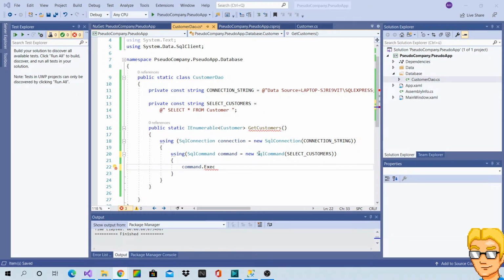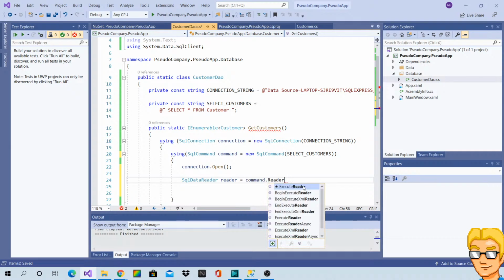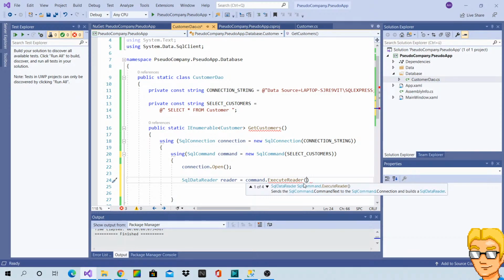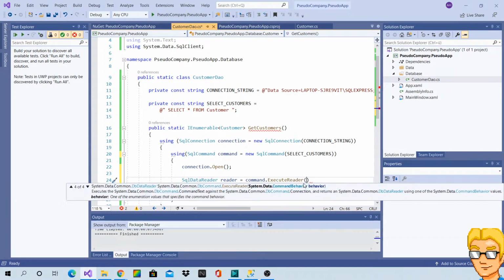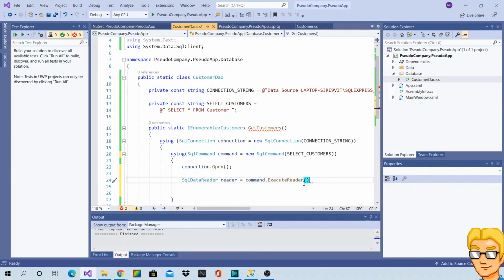Oh, I need to open the connection first, of course. And I'm not going to bother with proper exception handling and stuff because it's just sample code. So who really cares? Oh, actually, does it take any? Yeah, that's fine.